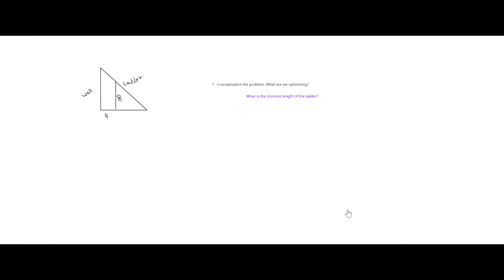Okay. All right. So what I'm going to try to again present to you is a way that we can solve this using trig, because we're really trying to again get the shortest length of the ladder. And so one way of thinking about this is actually the ladder could be thought of as two separate pieces because of this 8 foot tall fence. And they told us again it was 4 feet away. We can sort of use that to think of this as two different